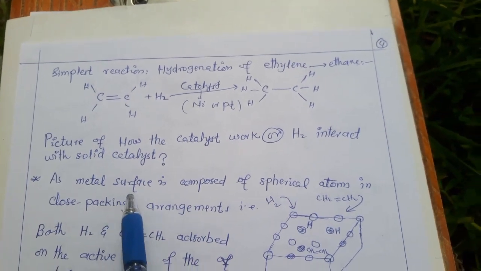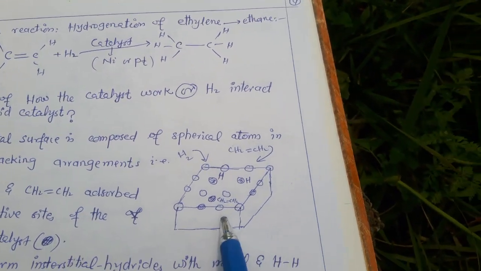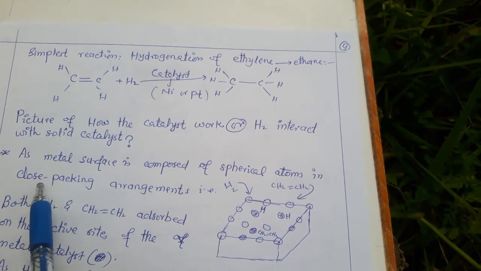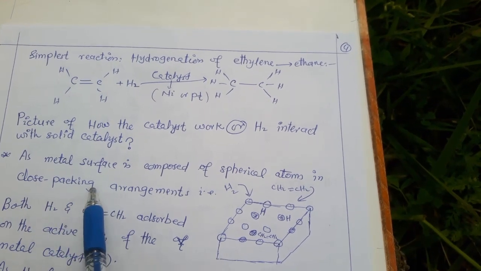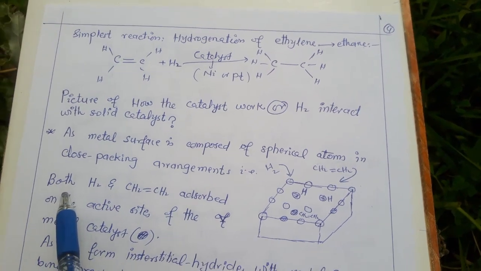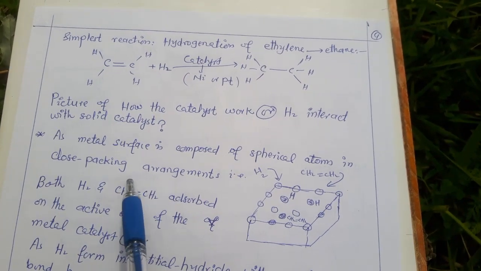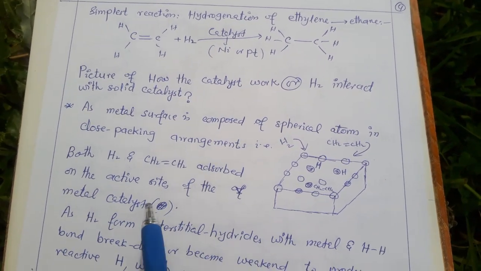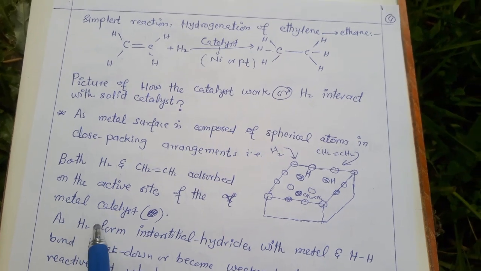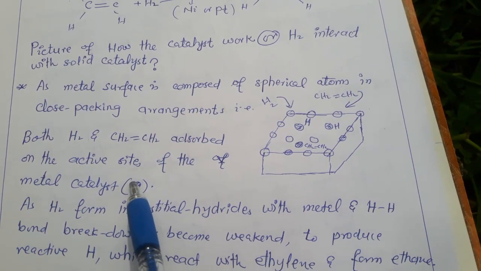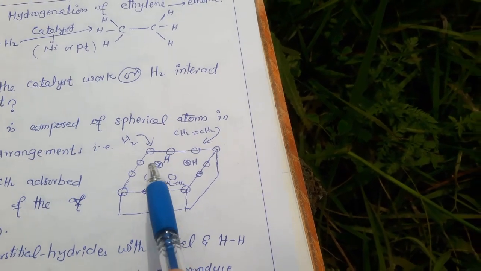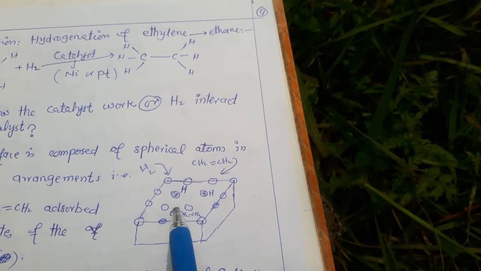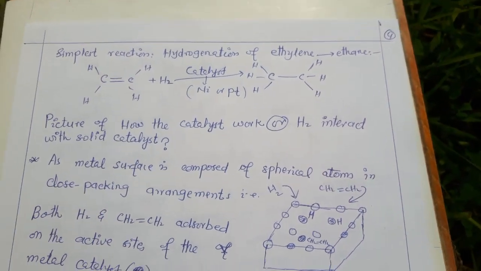As you can see from this picture, the metal surface is composed of spherical atoms, and these atoms are closely packed. Hydrogen and our reactant species ethylene are adsorbed on the active sites of the metal catalyst. These are the active sites as shown here, and in this diagram the dashed lines represent them. Hydrogen is attached here and ethylene is attached here. These are our reactant species. As a result,